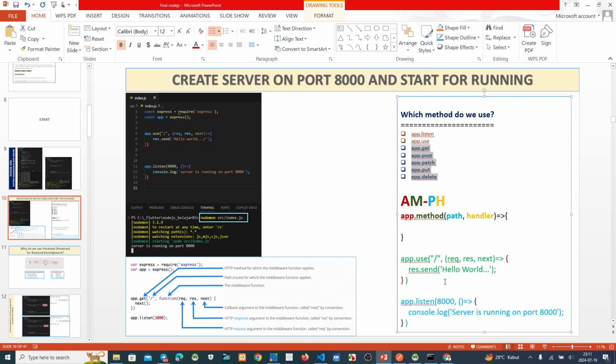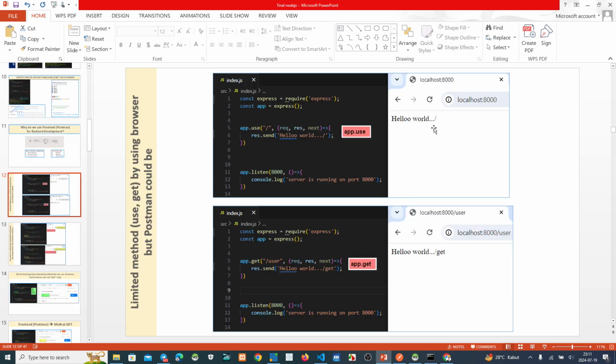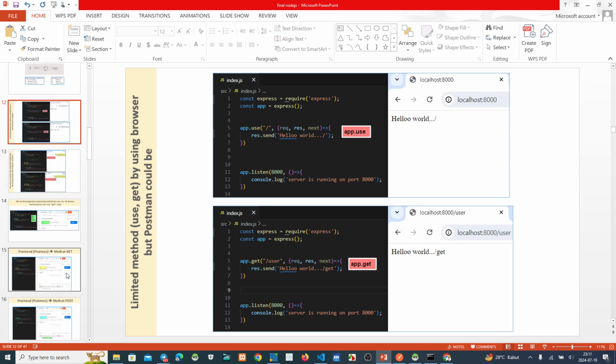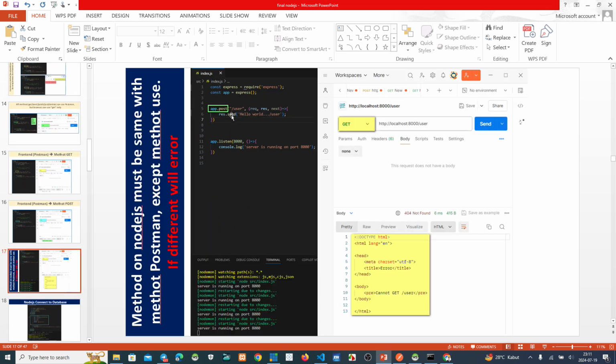Okay, so you must make the method the same. For example, if on the back end you use post, so on the front end you must use post.